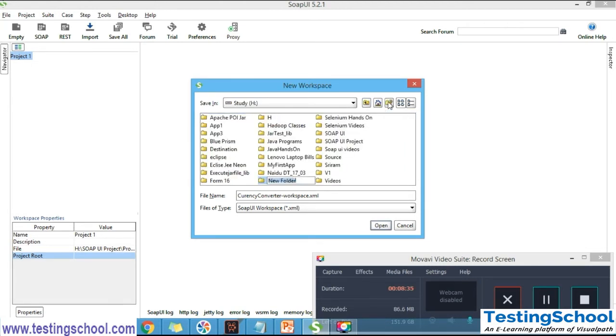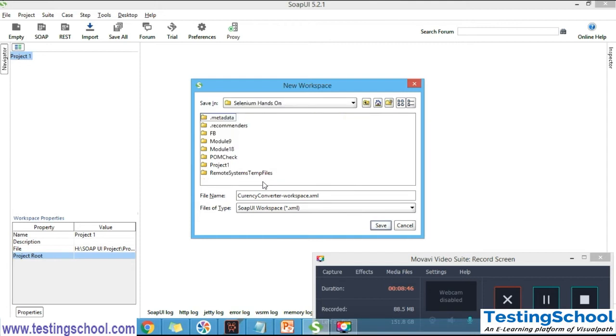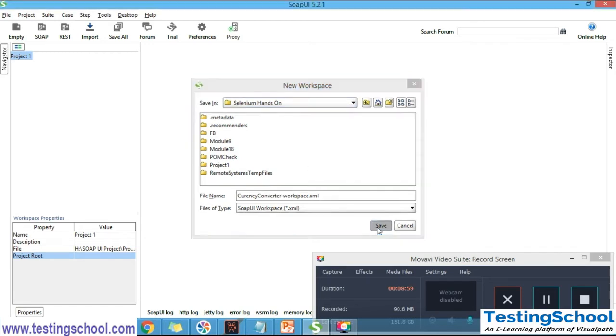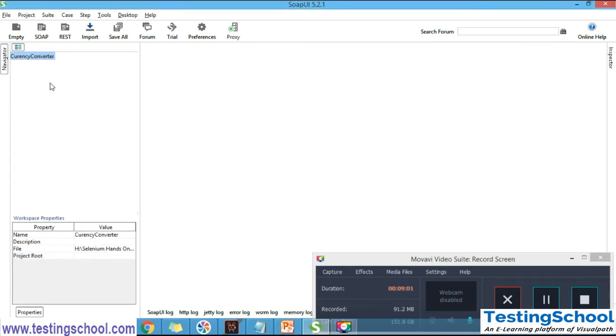In that I'm creating a new folder, SOAP-AI hands-on. Already one folder is okay. In SOAP-AI hands-on, I'm saving with the same name, save. Here you can see the workspace is created, that is currency converter.